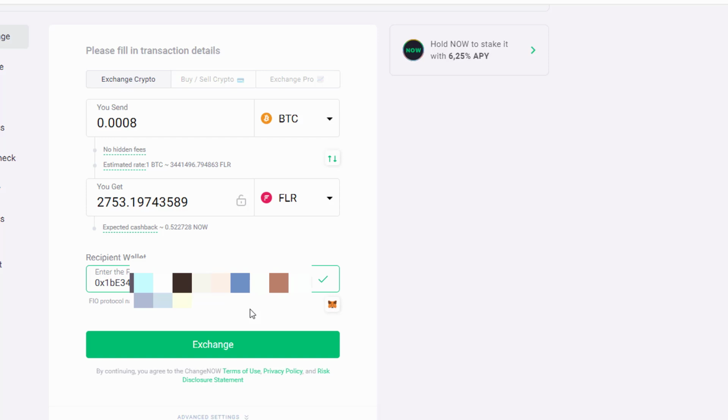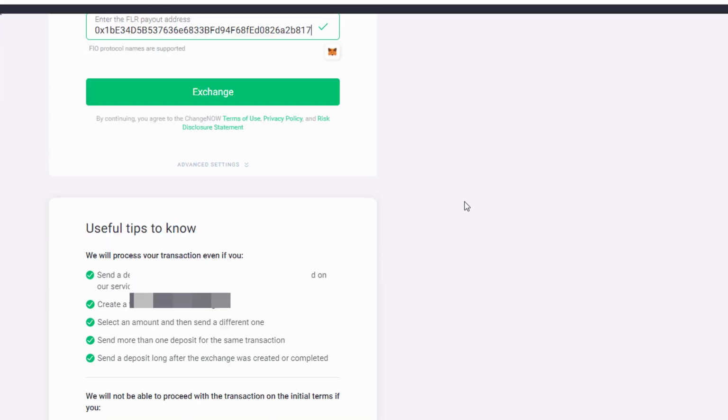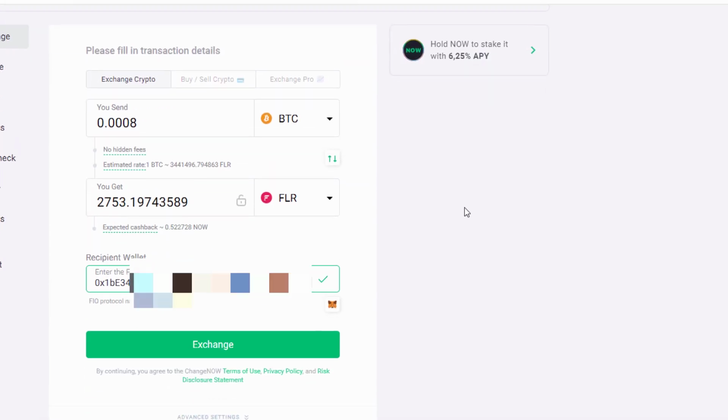Now you don't see this. I'm blocking this out again to protect myself. And then I'm simply going to click exchange. And you can always read all this other stuff down here. Okay. And so when this completes, it's going to send the Flare straight to my MetaMask.